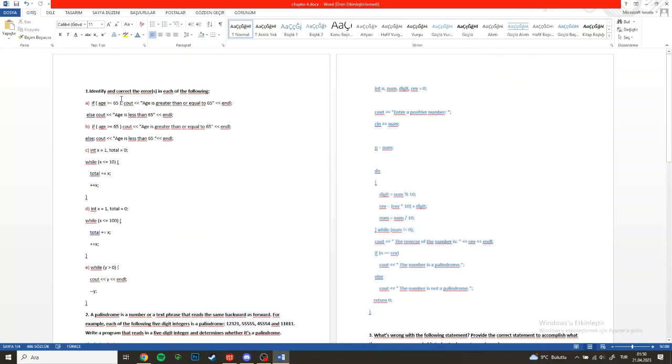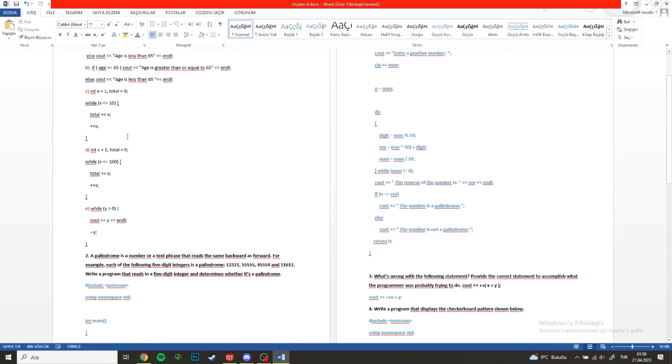Yes, this is the fourth chapter. First question: identify and correct the error in each of the following. And just solve the problems. A, B, C, D. That's easy. And